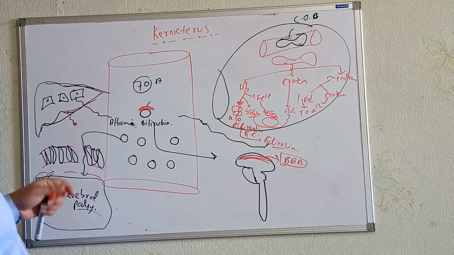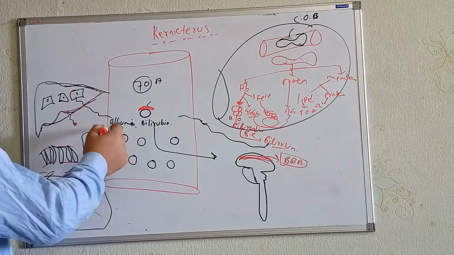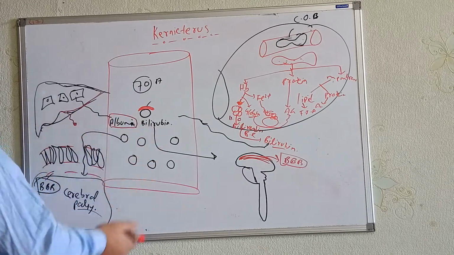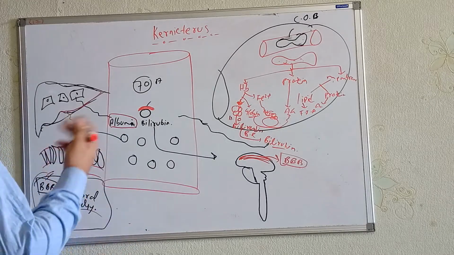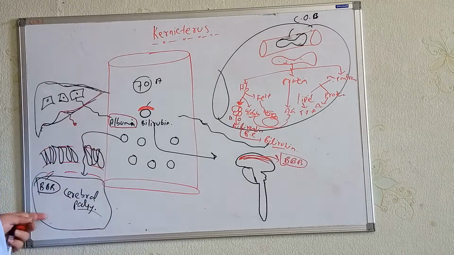I'll talk about these things in the subsequent parts. So okay, one complication is here, that on etiology you can say in other terms that albumin is not produced enough to get bound with the bilirubin. That's why, as a result, we will see some amounts of free bilirubin. There is a chance for them to pass through the blood-brain barrier. This is one reason.